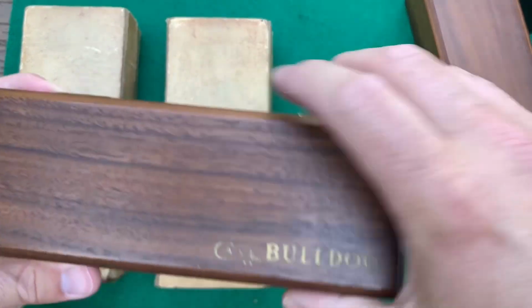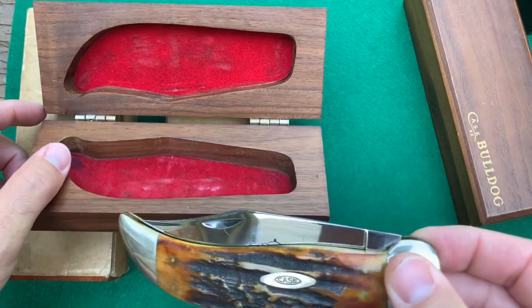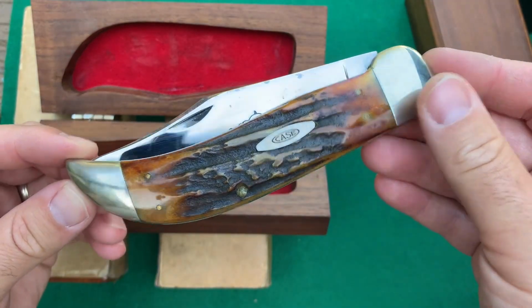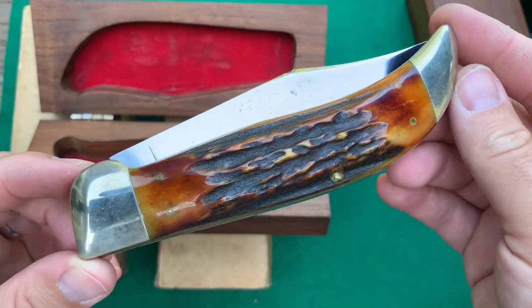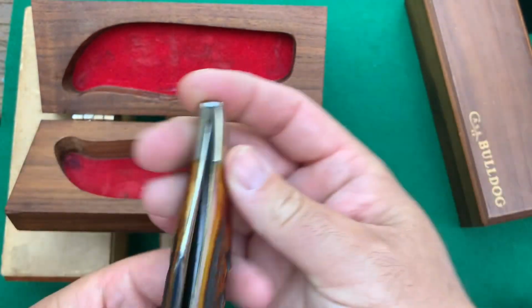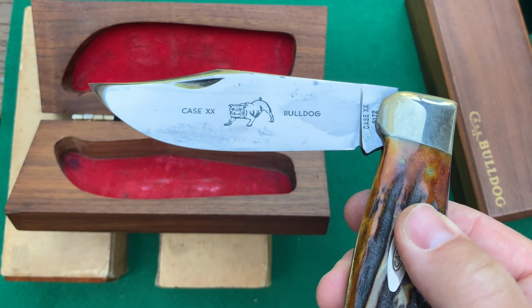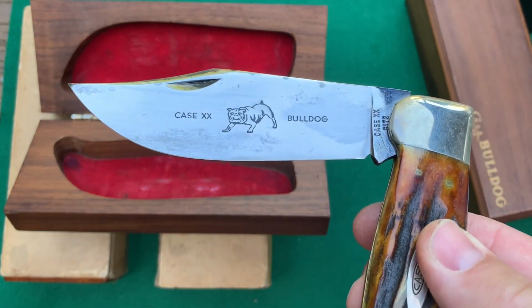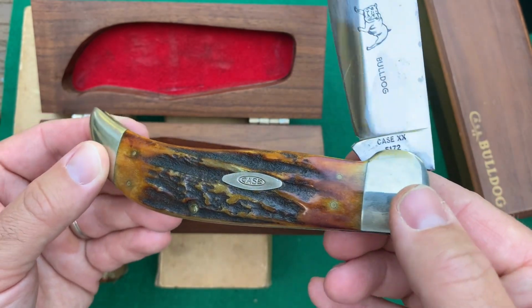This one is pretty similar as well. I like this one because it has a much redder tone in the stag. You can see on the back too. Real gnarly stag, really nice. And this one has a little bit of staining on the blade, but what are you gonna do? Pretty nice overall. Again, it has that same Case XX 5172 stamp on it,